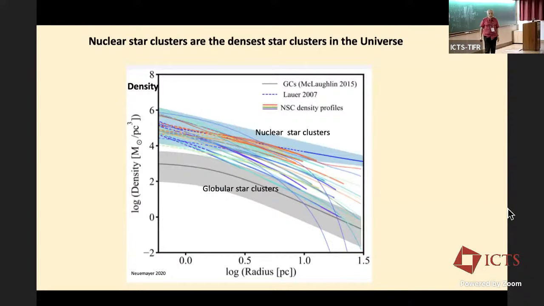So nuclear star clusters are the place to go if you want to make these intermediate mass black holes in the early universe. So here is the dramatic point about the nuclear star clusters. They're incredibly dense. So right here, you see the globular star clusters. We know them, we love them, beautiful pictures of them. And they typically have densities in these units of solar masses per cubic parsec of thousands. But when I get to the nuclear star clusters, they're 100 times denser. Okay, and they're also very compact. Okay, a parsec or less.